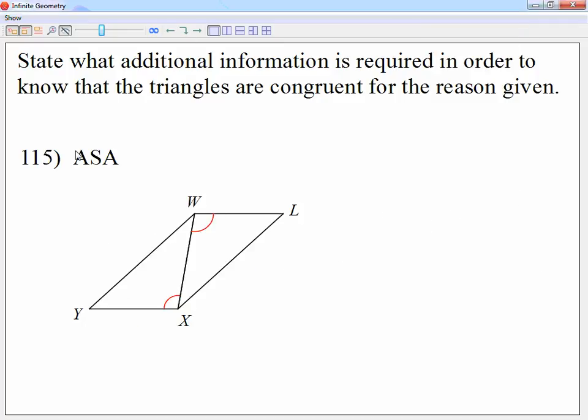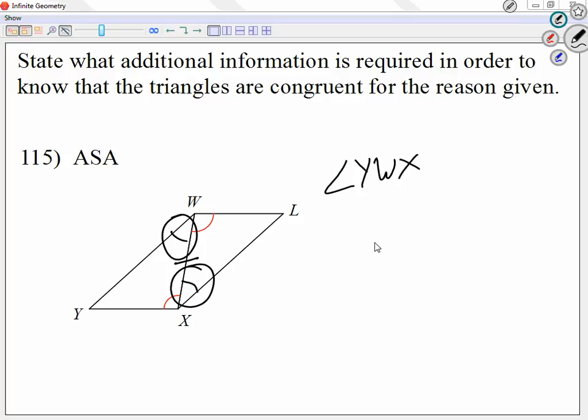Looking at 115, angle side angle. We can legally mark that side that they share, so we already have our side. We have one angle on each. So if you notice, from the left triangle, this one, I will need this angle. From the other triangle, I will need this angle. So from the left one, let me call this angle